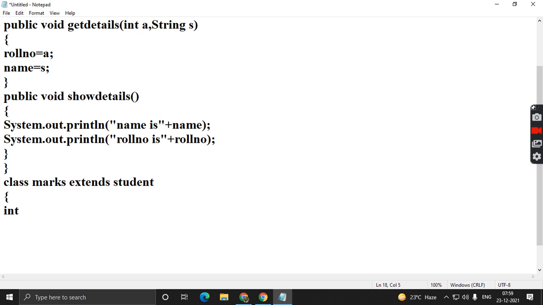So you will declare marks. So here we will contain the details of marks like physics subject, chemistry subject. We will take the details of the subject marks. Okay, so three integer variables we will take.